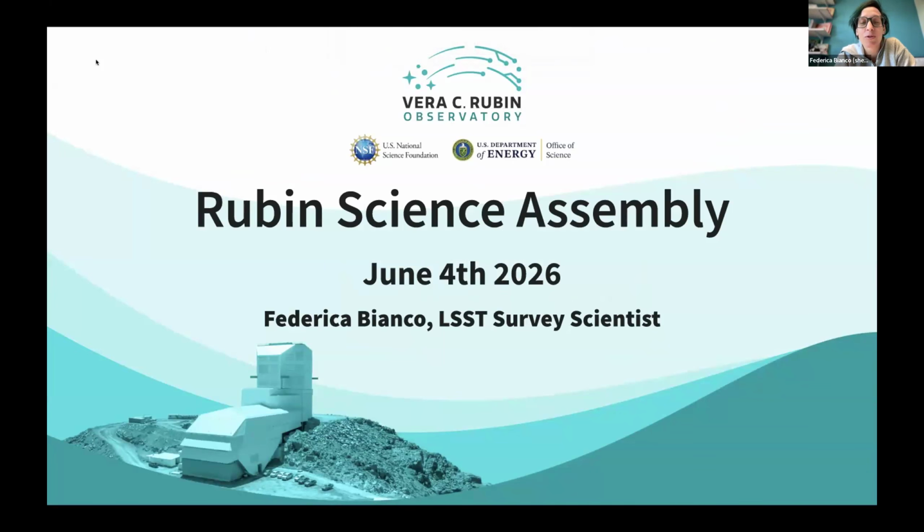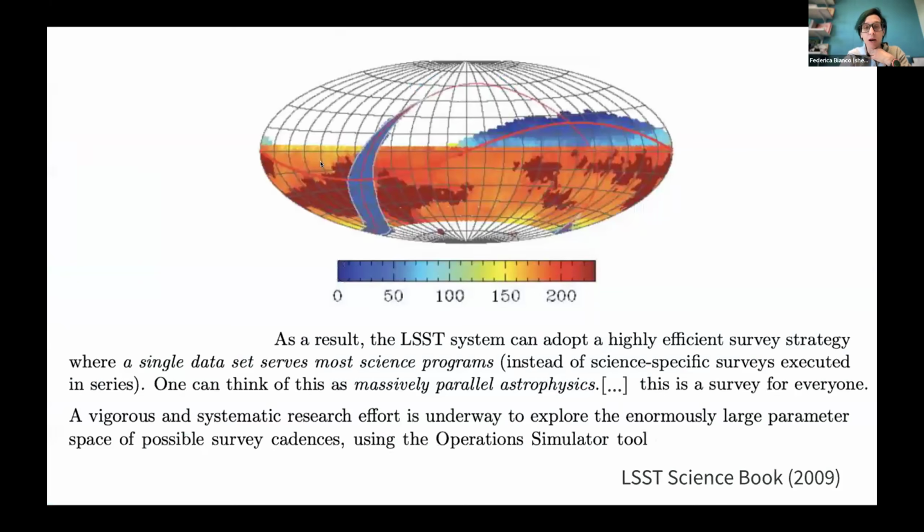My name is Federica Bianco. My pronouns are she, her. I'm LSST survey scientist. And we're here to tell you about the new simulations of the survey version 5.3. Obviously, for inclusiveness, I will want to make sure that everybody is aware of the process of how Rubin designs the survey strategy, which is rather unique, and specifically, it's uniquely community focused. So I will give you an introduction to this process, and then I will pass it on to Lynn Jones to tell you about the specific newest simulations of the survey strategy and how they inform you about what you can expect from LSST.